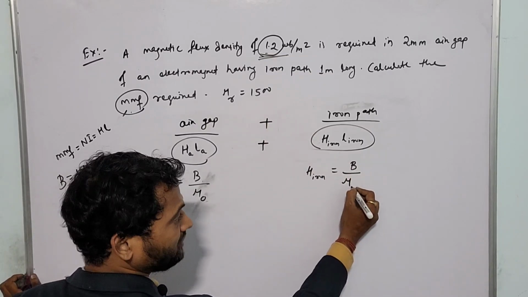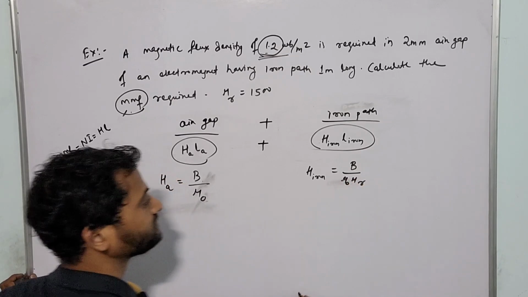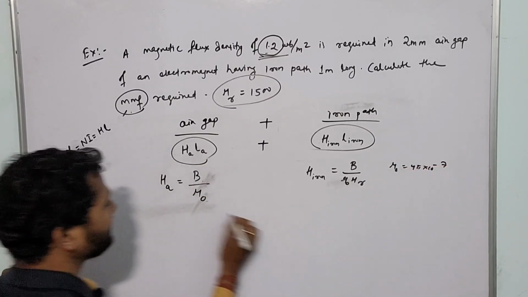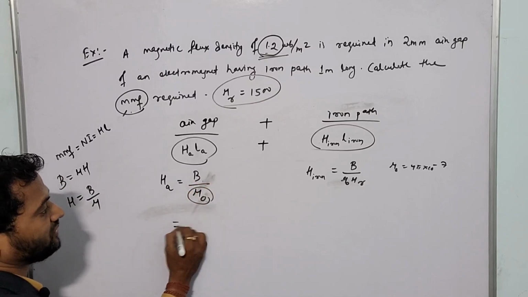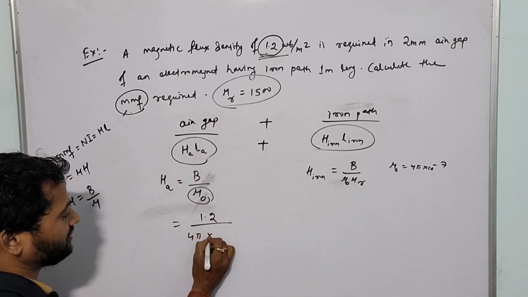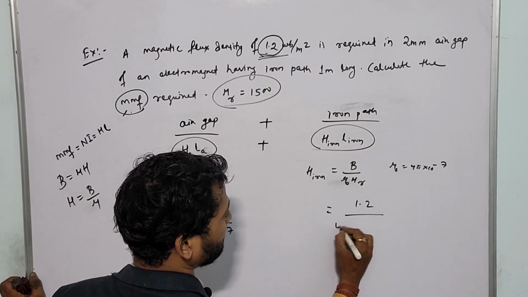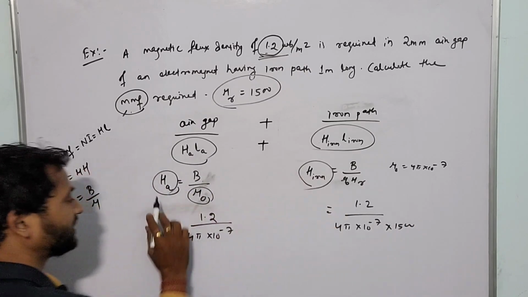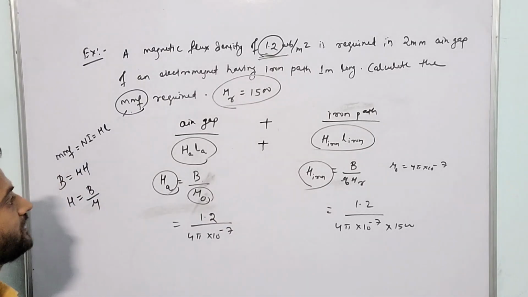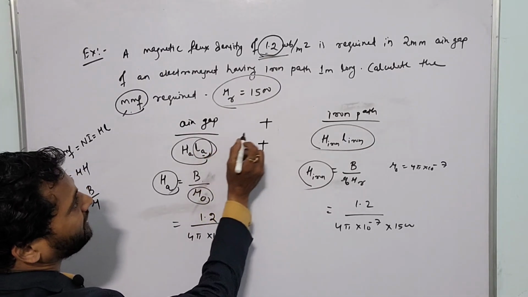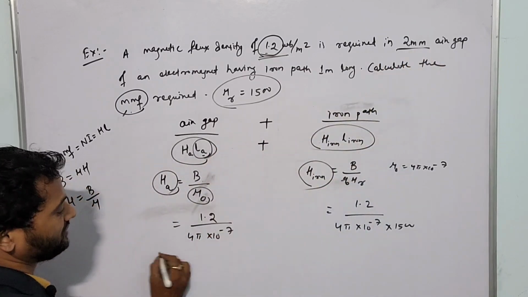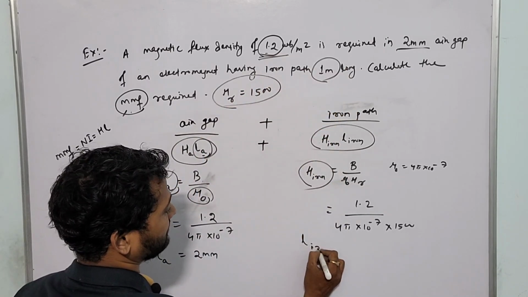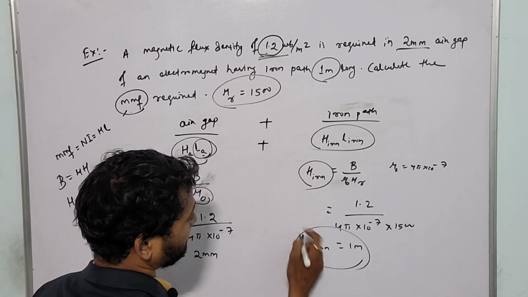म्यू ऑफ आयरन मतलब क्या है, म्यू, that is nothing but mu naught into mu r। म्यू आर इज गिवन, म्यू नॉट यू नो, म्यू नॉट का वैल्यू क्या है 4 पाई इंटू 10⁻⁷। सो 1.2 अपॉन 4 पाई इंटू 10⁻⁷, म्यू आर कितना है 1500। सो जो भी है तुम्हें मिल जाएगा एच ऑफ एयर गैप, एच ऑफ आयरन, ठीक है। देन लेंथ इज गिवन, एयर गैप का लेंथ कितना है 2 मिलीमीटर, इसको मीटर में कन्वर्ट कर दो। लेंथ ऑफ आयरन पाथ इज गिवन 1 मीटर, ठीक है। तो इसमें डाल दो,